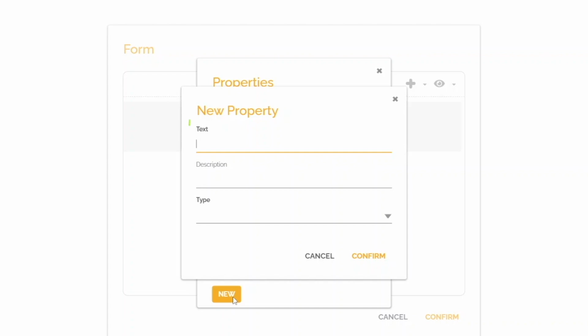The attributes of a field are composed of a text, which is the name of this field itself. This will be the caption of this field. There is also an optional description field. You don't have to fill it out, but it can be useful for adding information. Finally, you also have the option to select the type of information you want.